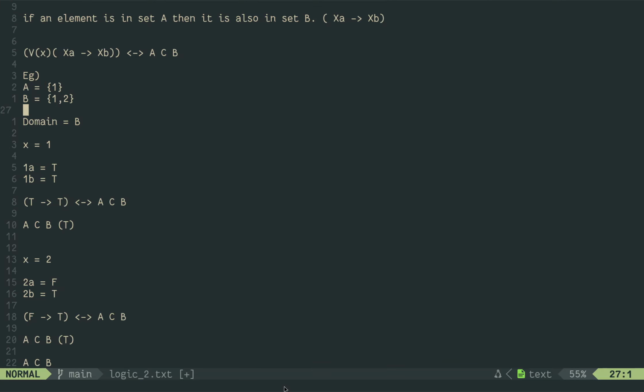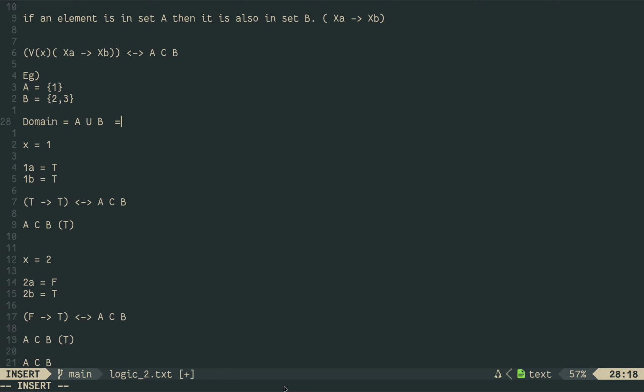Now expanding upon what I said about the domain, for example, if B was something like 2, 3, and if we took the domain as B, then this would be wrong. What a smart move would be to do is take the domain as the union of all the sets which are given. So that means A union B. If this was our domain and then we did our checking, then this would be a more practical and logical way to approach it. So if we do this now,